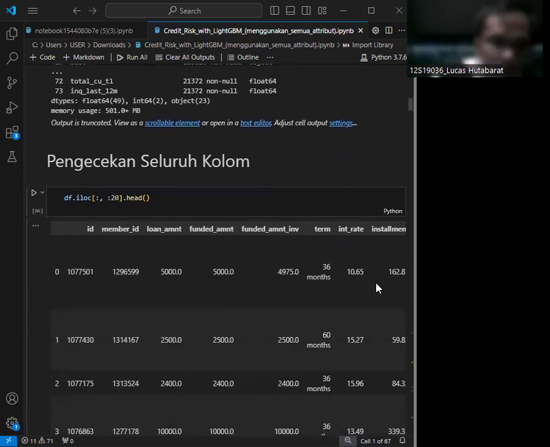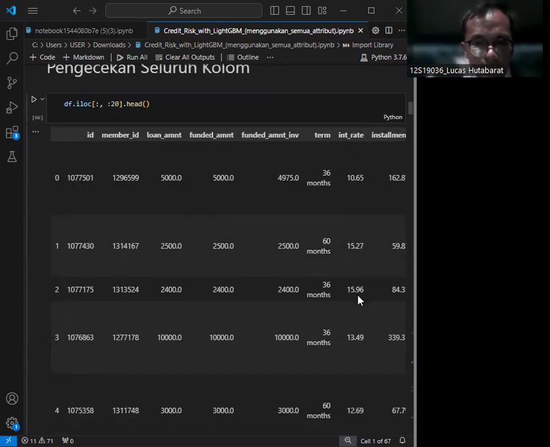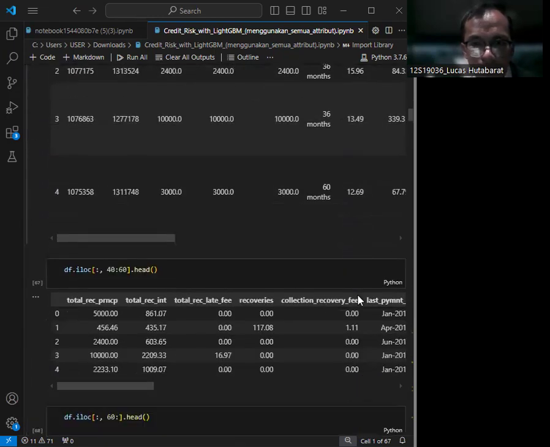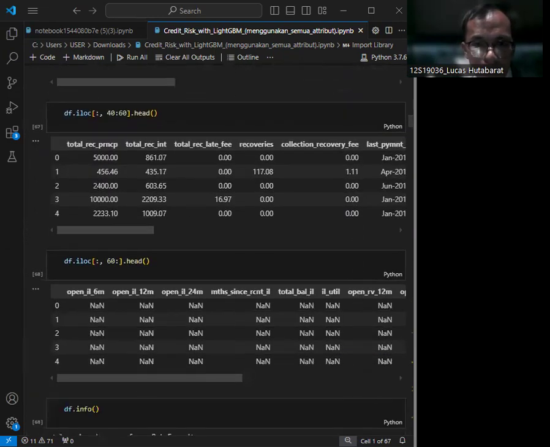Okay, and then we view data samples. We inspect different segments of the data to get a sense of its content. This helps us understand the types of features present in the dataset.